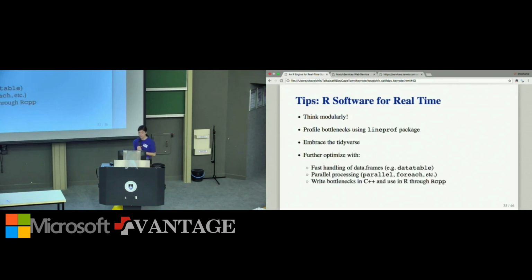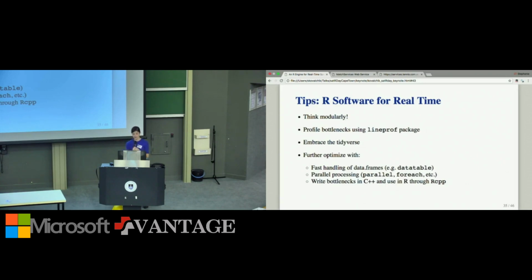On optimization, that is a critical part, as I mentioned, to what we do. There are a few things that we've utilized so far that I think would be helpful to share with you as well. When we did our profiling, it turns out many of the bottlenecks in our original design had to do with handling of data frames. Any kind of manipulation, R binds, C binds, for some reason weren't being handled very efficiently.